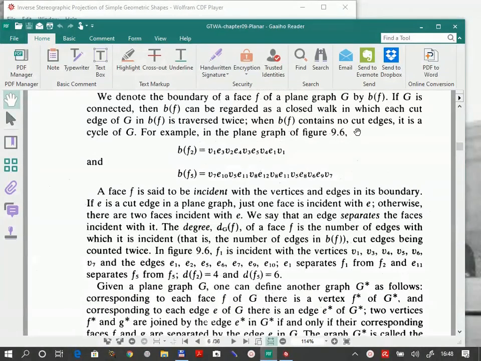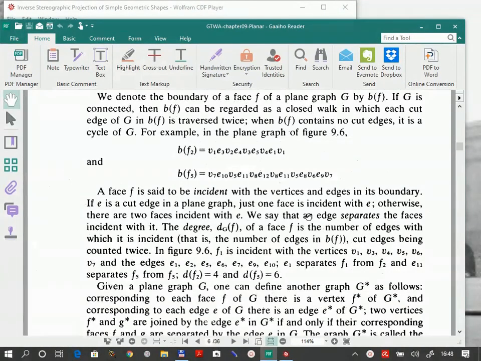When B of F contains no cut edges, it is actually a cycle, okay? And each vertex of the face will be met just once. And you can see these boundaries in the plane graph above. A face F is said to be incident with the vertices and edges in its boundary. If E is a cut edge in the plane graph, just one face is incident with E, on both sides, so to say,